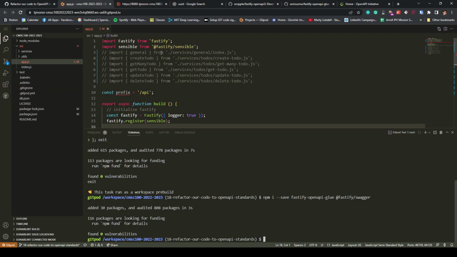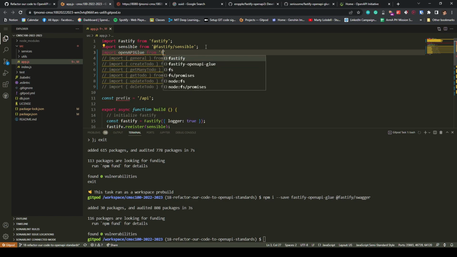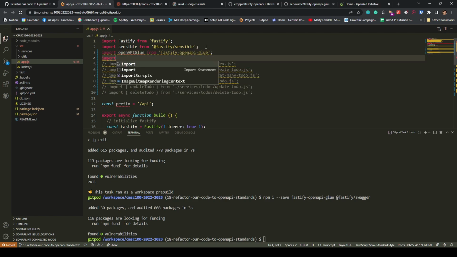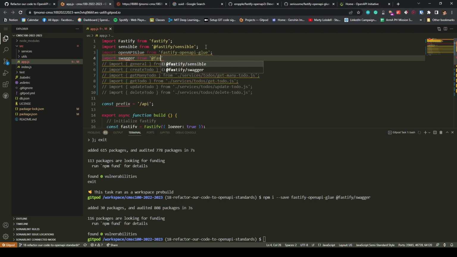Now, to use them, of course, that would mean importing them first. Import openAPIGlue from fastify-openapi-glue and import swagger from @fastify/swagger. So now